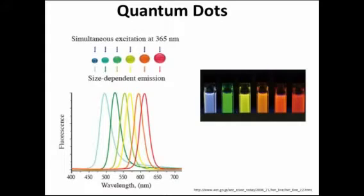Quantum dots are a special class of semiconductors which range from 2 to 10 nanometers in diameter. Because of their unusually high surface-to-volume ratio, quantum dots display unique optical and electrical properties that are different in character to those of the corresponding bulk material. The most apparent of these is the emission of photons under excitation, which are visible to the human eye as light. Moreover, the wavelength of these photon emissions depends not on the material from which the quantum dot is made,